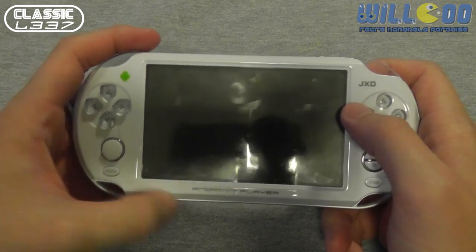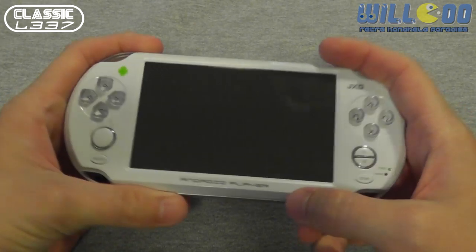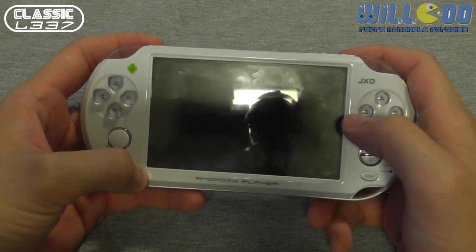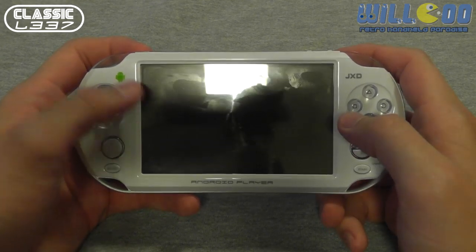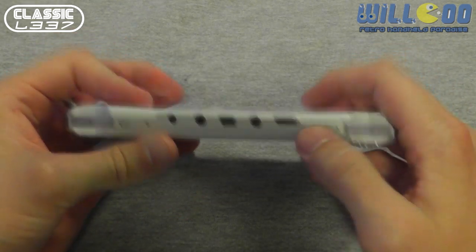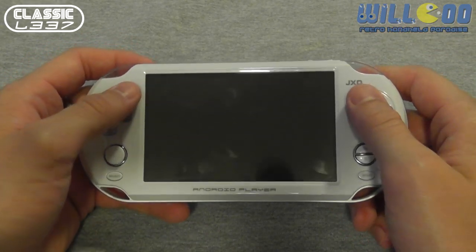As far as the beef inside of this machine, it's got a 4 gigabyte flash, so it's got 4 gigabytes of storage built in. So you're probably going to want to go ahead and add the micro SD slot. It's got the 5-inch touchscreen, as I mentioned. That's 800 by 400 pixel resistive touchscreen. It supports multiple video formats and audio formats, and like I said, the HDMI out is really nice if you want to do some things on the big screen. I was able to get Netflix running on this and some games as well for that,